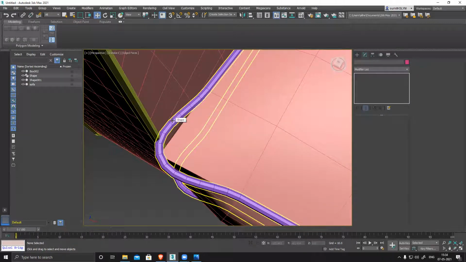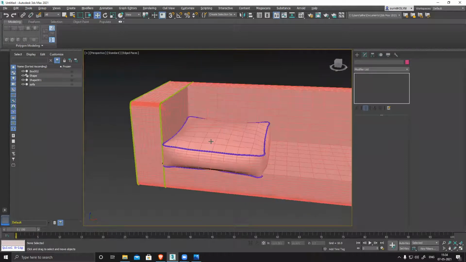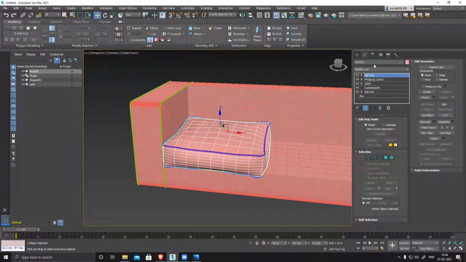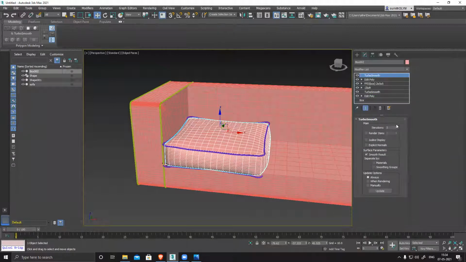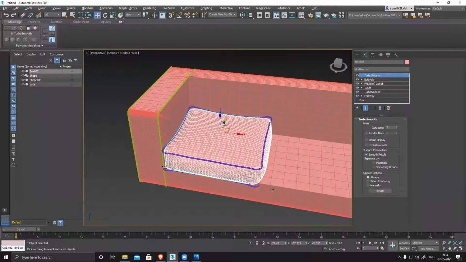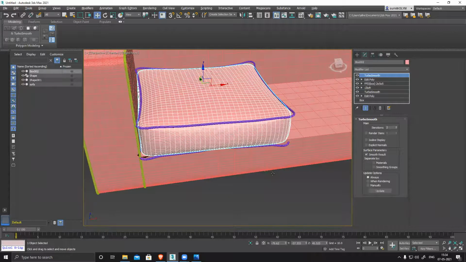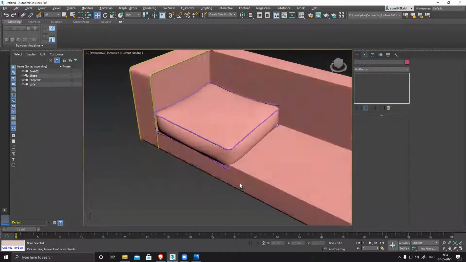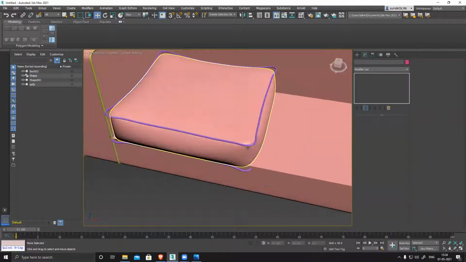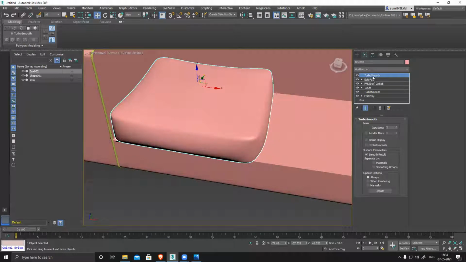This surface is perfectly nice. This surface is very angular. So that's why what we have to do is select this, apply another turbo, and this time no need to switch on smoothing group. So it will make the cushion super smooth and puffy, clean. You see, it's clean, smooth. So let's delete this one more time, and okay, I'll apply it here.